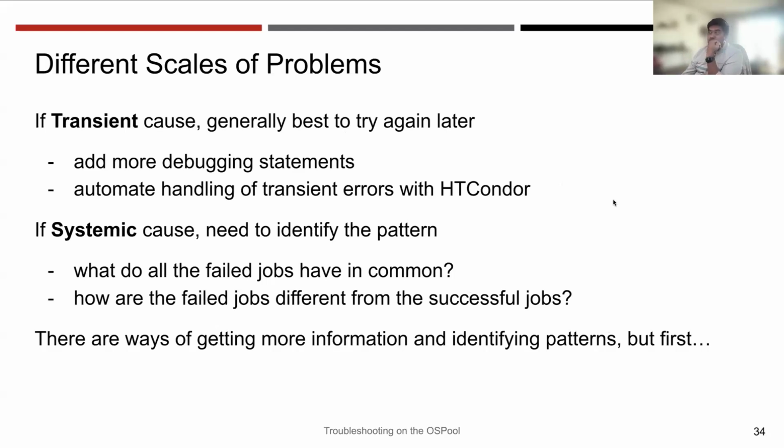And for the systematic causes, we need to actually find the pattern of the errors or issues that are happening. What do all of the failed jobs have in common? Is it for some certain input that your jobs are going to fail? Is it the nature of the calculations or not? Those are the types of cases we need to identify. So you can use different ways to identify these, some of the tools that we have gone through, some of the things that we have discussed, to find those issues and information. But first,